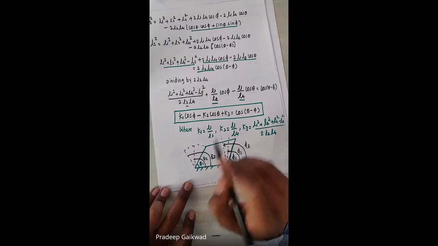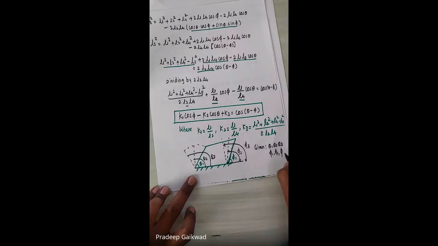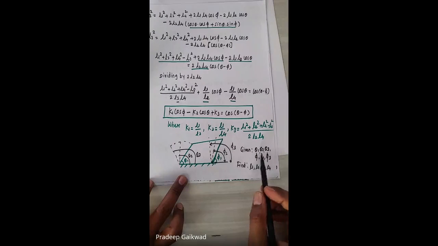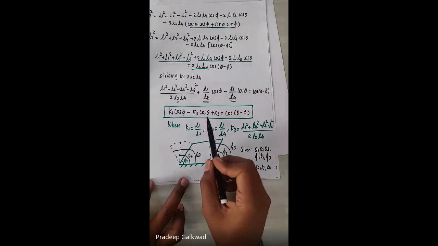Can anyone tell me? The given data is theta 1, theta 2, theta 3, phi 1, phi 2, phi 3. Can anyone tell me how I can find L1, L2, L3, L4? This is your numerical. Actually, this is nothing but a problem of dimensional synthesis. I have to derive dimensions for this mechanism, and for this kind of numerical, this kind of problem statement, I can use Freudenstein's equation,